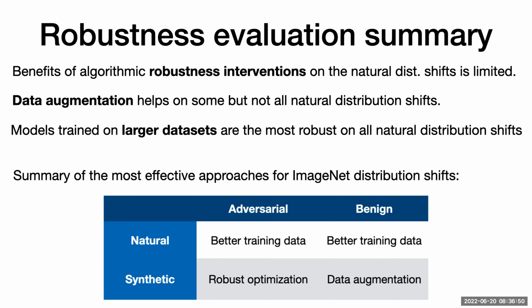There's a question on Zoom. Let's go to Zoom. Thanks, Aditi. Would you expect the problem of recognizing objects taken by different cameras to look more like synthetic or more like natural perturbations? More like natural perturbations. I mean, okay, this is interesting. If you have a really good model of your camera noise and you can use this as data augmentation, I would say go for it. I think then probably data augmentation is a good way to go. If you don't know what the variations across your cameras are, then it's probably going to behave more like the natural distribution shifts.